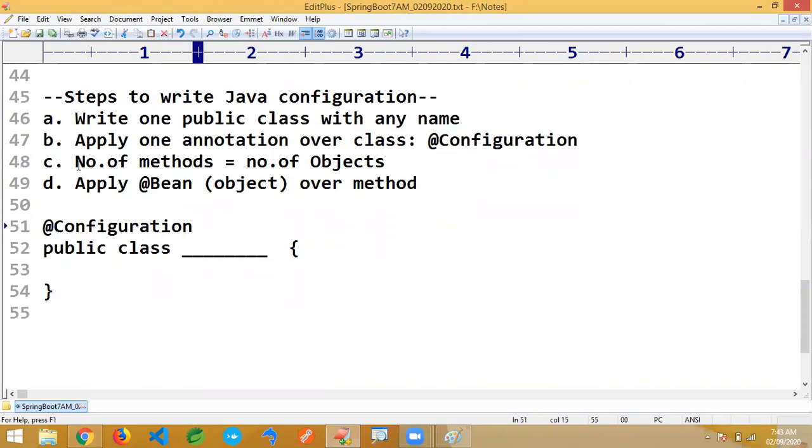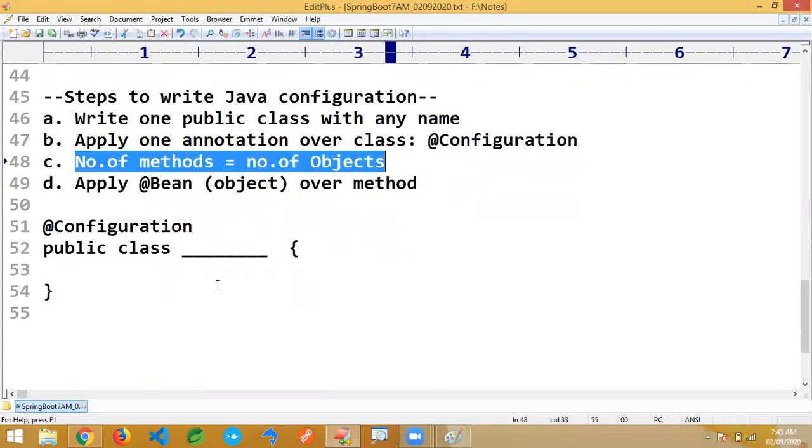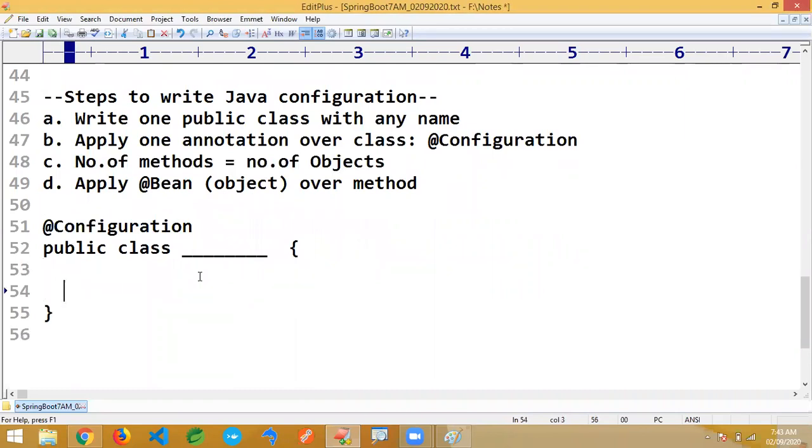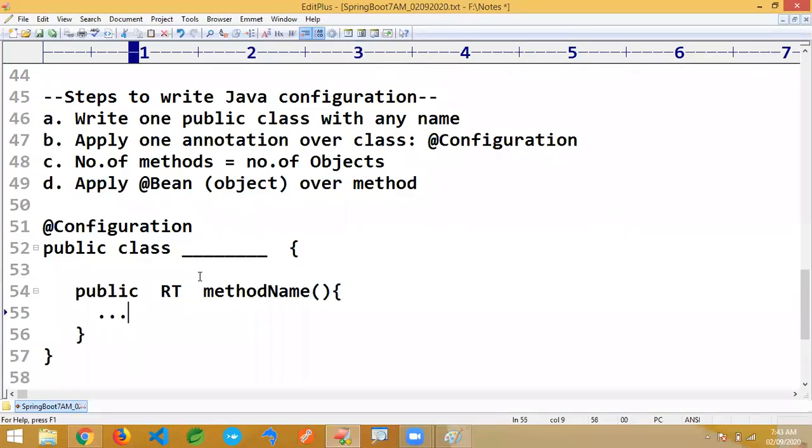Step number 3, number of methods equals number of objects. Consider I just want to create one method, I'm writing public, a return type, and a method name. Generally, in Java coding you write some logic, but here in place of return type we write some class name, and in place of method name we actually write the object name. Of course, you can change this also.